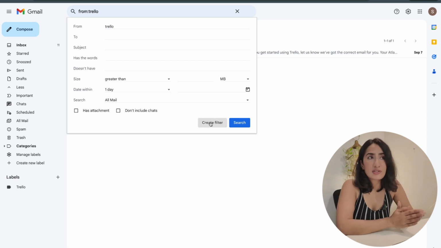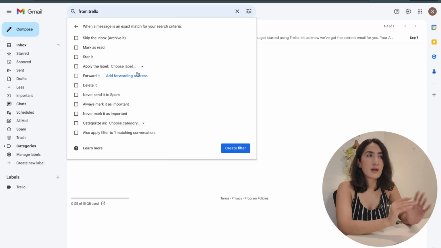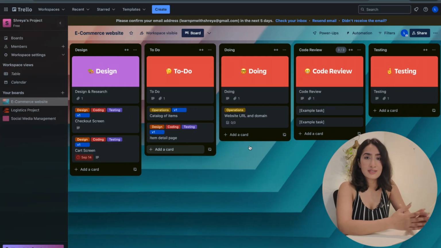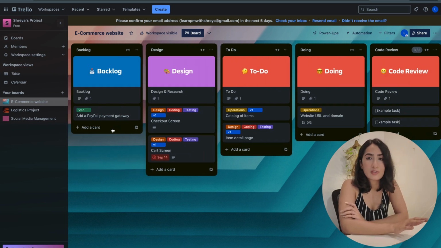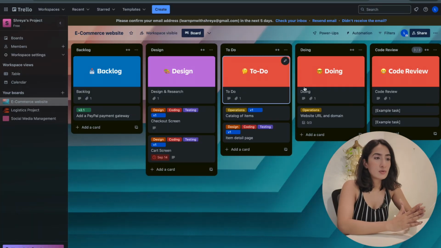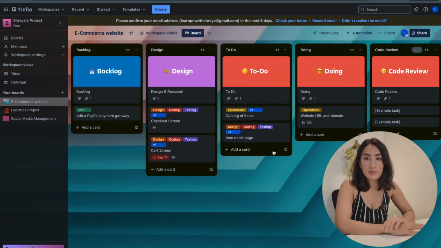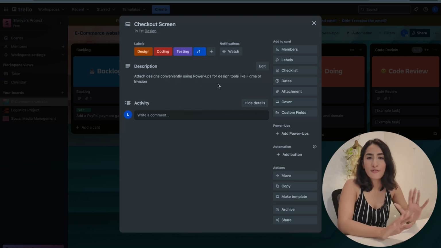And finally, especially if you're an aspiring project manager and you feel like you're learning this tool to become a manager in the future, even if it is a social media manager or operations manager, etc., I would highly recommend think of a dummy project. Let's say here I'm thinking of an e-commerce website, right? So think of a dummy project in very detail and try to create a whole plan out of it, a whole Trello board, even multiple boards if required, and try to create a Loom video explaining all of that, and that can become your portfolio that you can share with your future employers or your future client.